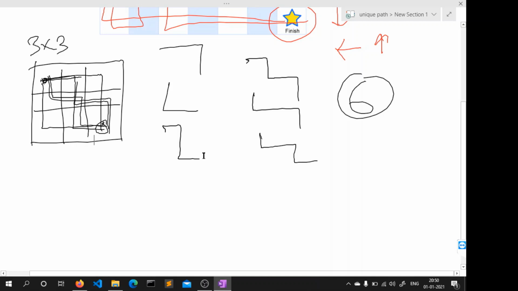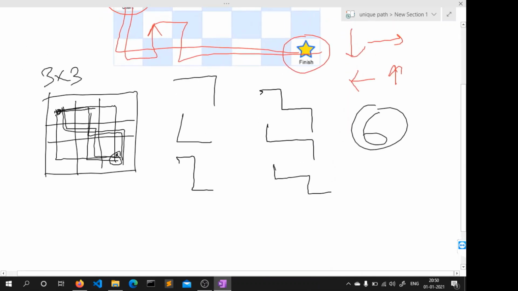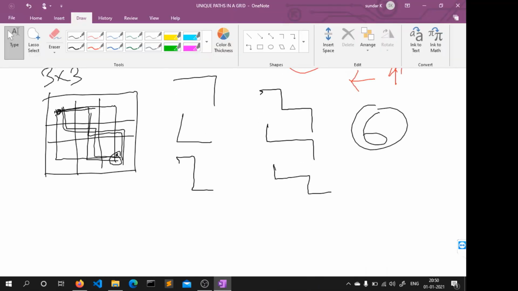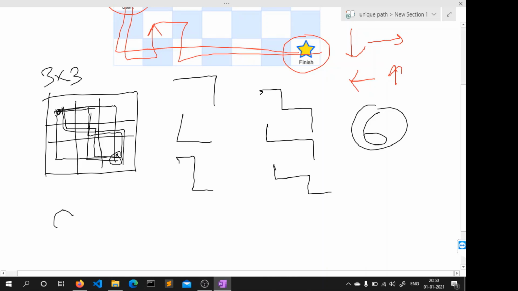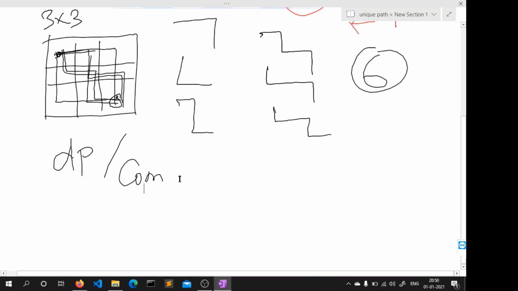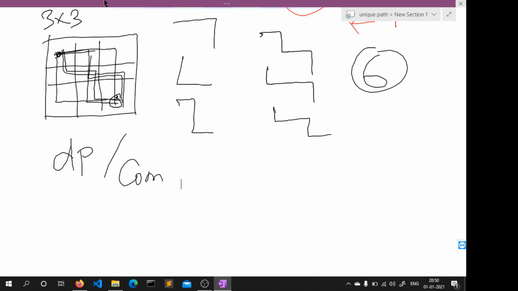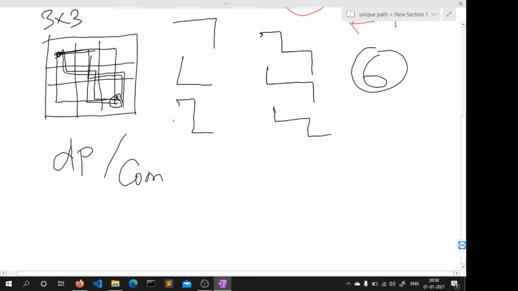There are 2 approaches. One is DP, another one is combinatorics. So in this video we will just see the combinatorics approach, and then we can see the DP approach in the upcoming videos. So if you observe these diagrams carefully,